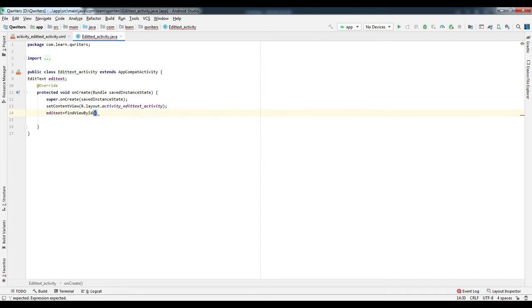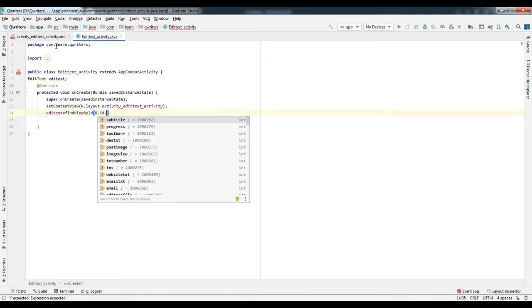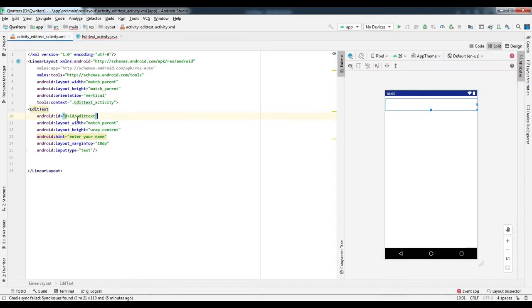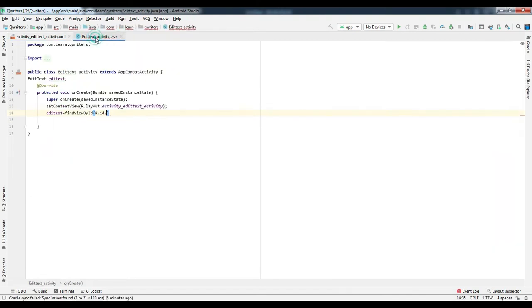So edit text is equal to findViewById R.id. Whatever edit text ID we have specified, we have to specify it here in the Java file. Open the Java file and write the ID here, then semicolon.